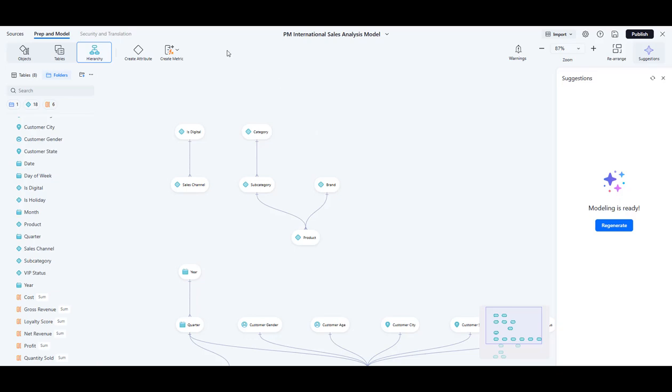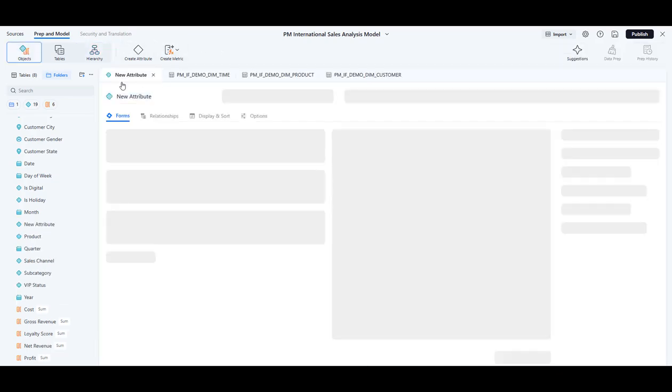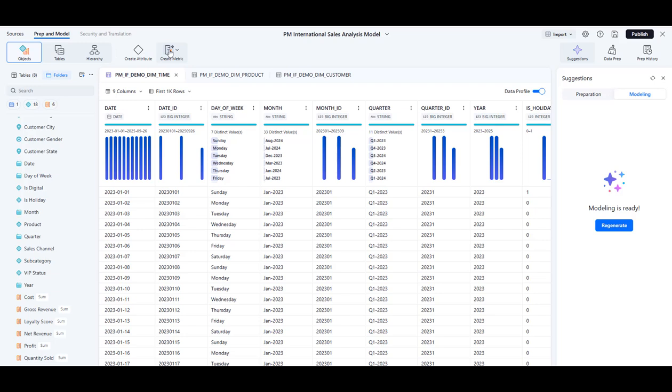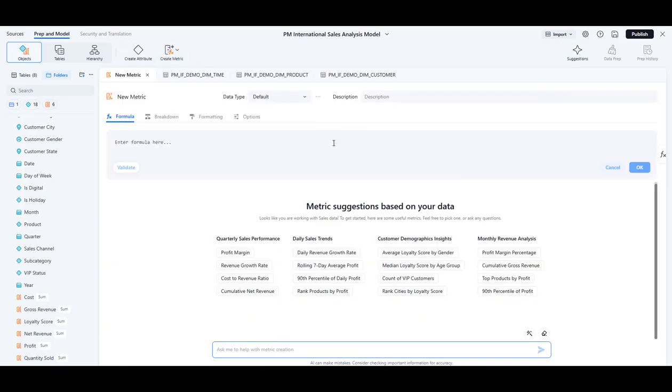All right? One more thing we can do here. We can create attributes, additional ones. In this example, I don't need any new attributes because attributes have been created already, but I could be creating new ones. And we can create new metrics, and that's quite cool, quite interesting. You see here,